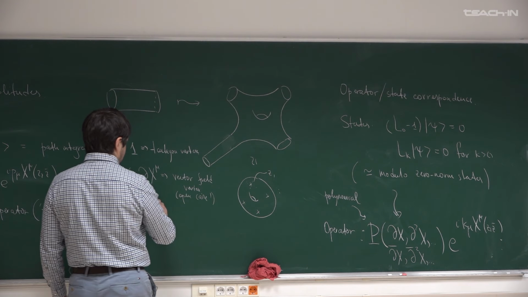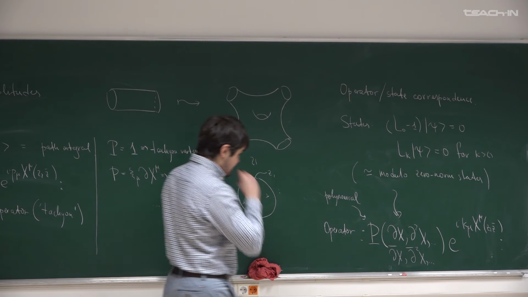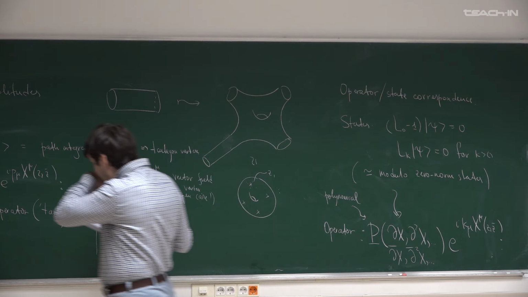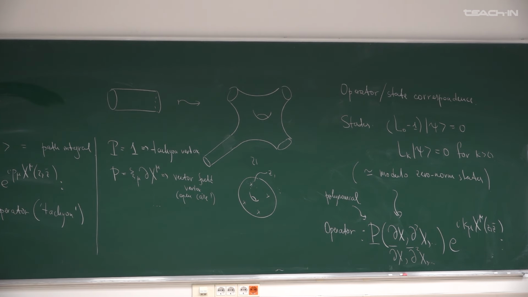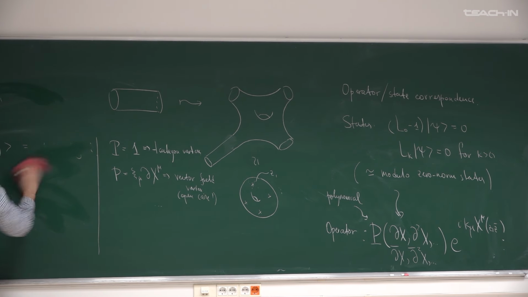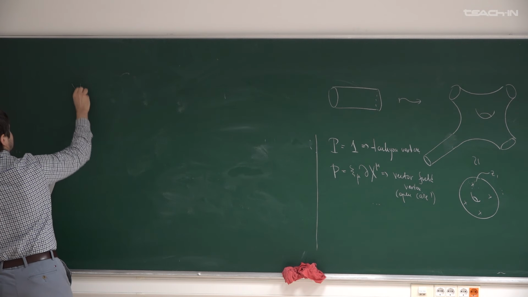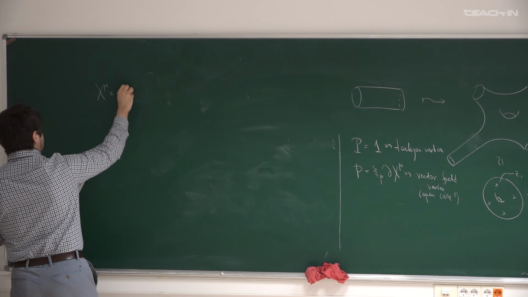And so on. So there are more complicated operators. A simple example of how this works is you take the scalar field x, whose expansion we've written out earlier. So it's x mu plus